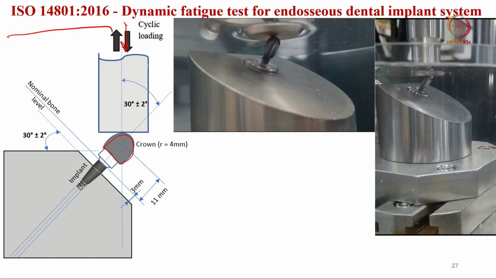So, 3 millimeter will be outside this particular block, and the rest of the implant will be placed below the bone level. And if you see this particular video,